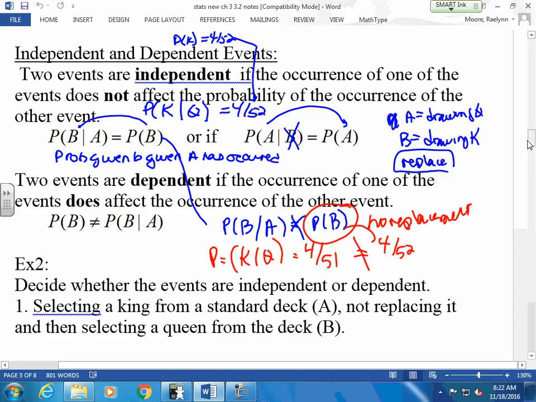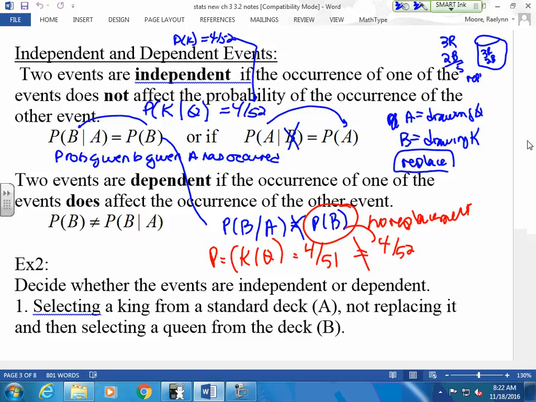Marbles in a jar is another one with replacement. Those are always popular too. Maybe that's a little easier to see. If I have 3 red marbles and 2 blue marbles, altogether I have 5 marbles in my jar. 3 reds, 2 blues. If I pull out a marble and I replace it, what is the probability of getting a red? 3 out of 5. What is the probability of getting a blue? All the time, right? All the time that's going to stay the same because I'm putting the marble back.